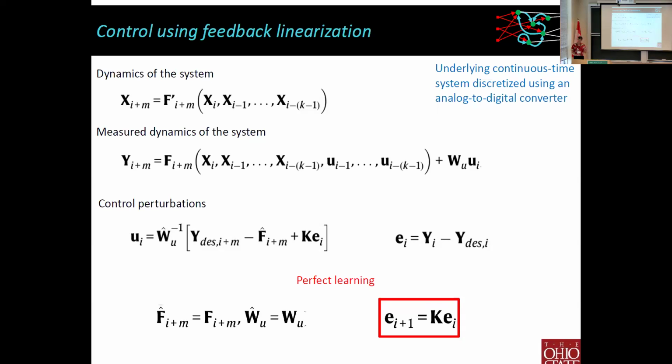And so the one limitation of the approach that we're using is that I can only have an additive control perturbation. There's many controllers that are of this form, but that is a limitation of this approach. Now, what Saragapani says is that to try to do this feedback linearization, you should take your control perturbation of this particular form, and I'll try to walk you through each one of these terms. So if I have a hat over here, that means it's a learned behavior. So I don't have access to F, I don't have access to W, how those control perturbations couple into the system. So I have to learn these through some kind of machine learning technique.